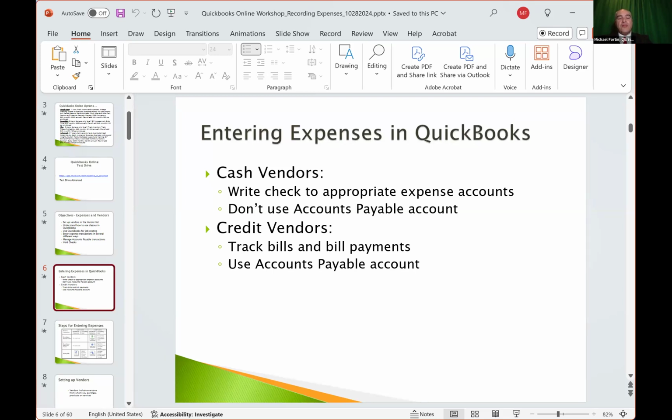If you're dealing with a cash scenario, and by cash, that means you could also be writing a check or using your debit card. That's all the same. That is the simplest situation, the easiest to record. It's the least amount of steps. It's very simply a transaction that you record, which will record the expenditure of that money, and it will also capture the type of expense that it is.